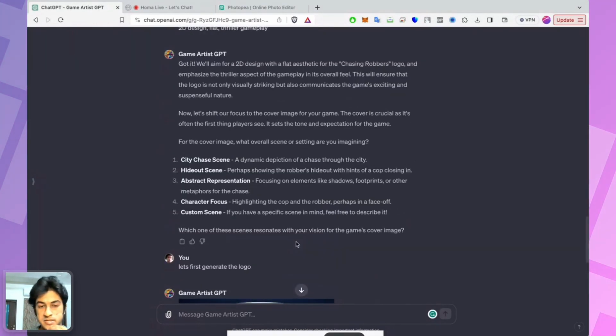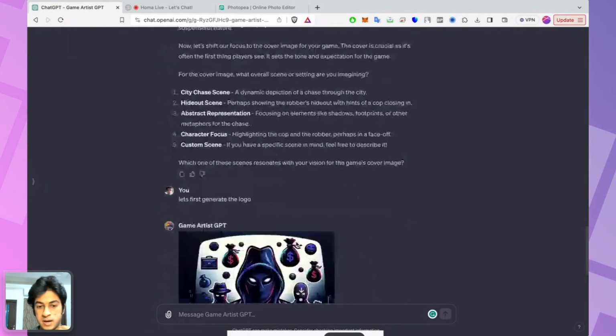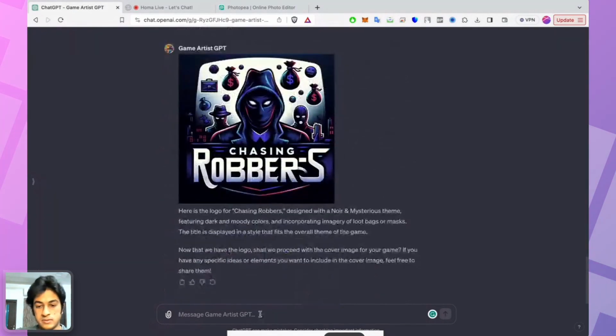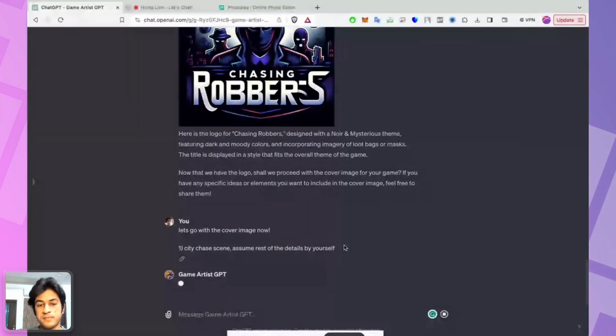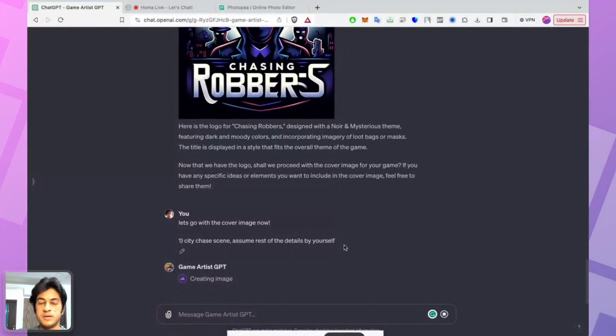Exactly. So let's just generate a quick cover image and see how that goes. Let's do a city chase scene. Assume the rest of the details by yourself. So it's quick.